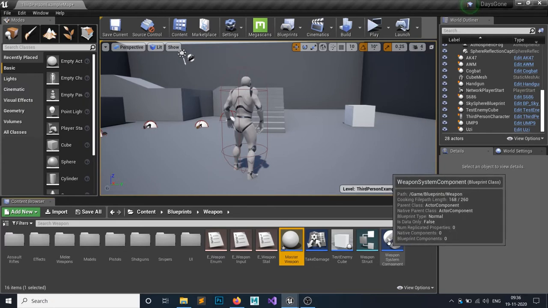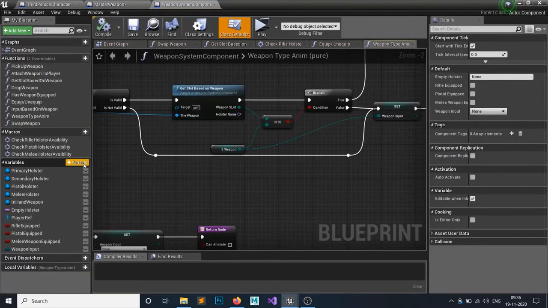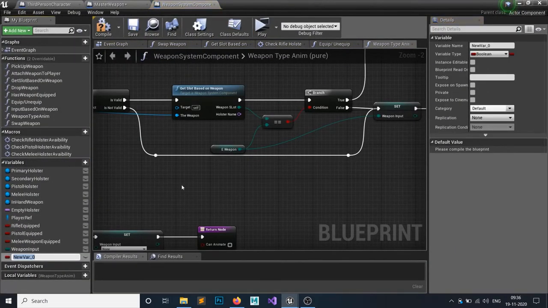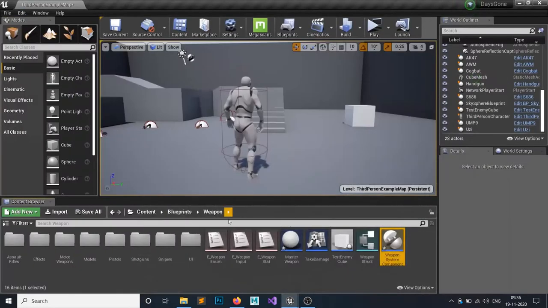So let's open up my weapon system and add a variable. I'm calling it ammo type / maximum ammo or total ammo. Okay, and this would be a type of enum, so we have to make an enum.